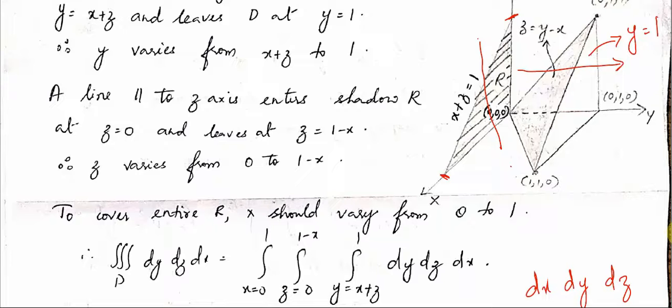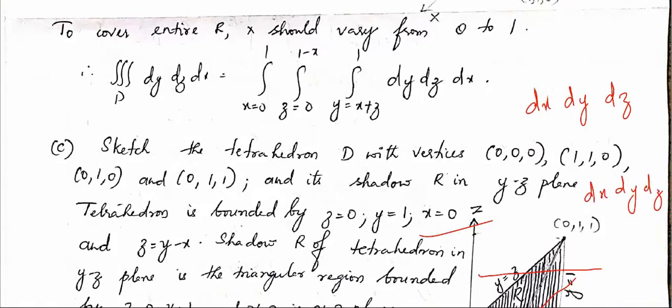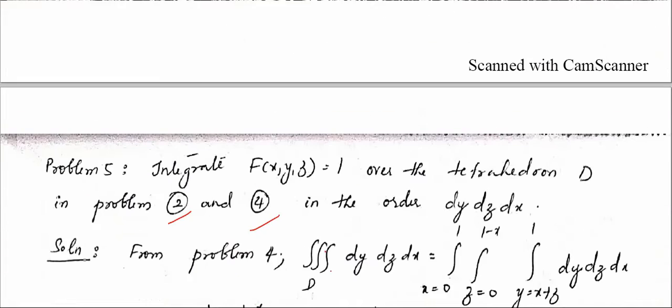For your examination, please go through this entire procedure. Don't directly write the limits because they are there in the notebook or somewhere else. Please go through this entire procedure, find the limits, draw the diagram, find the limits, and then come to this conclusion. Then you can use this for your problem. Since I've already done it in the previous problem, I'm just taking it from here and using it in this problem.